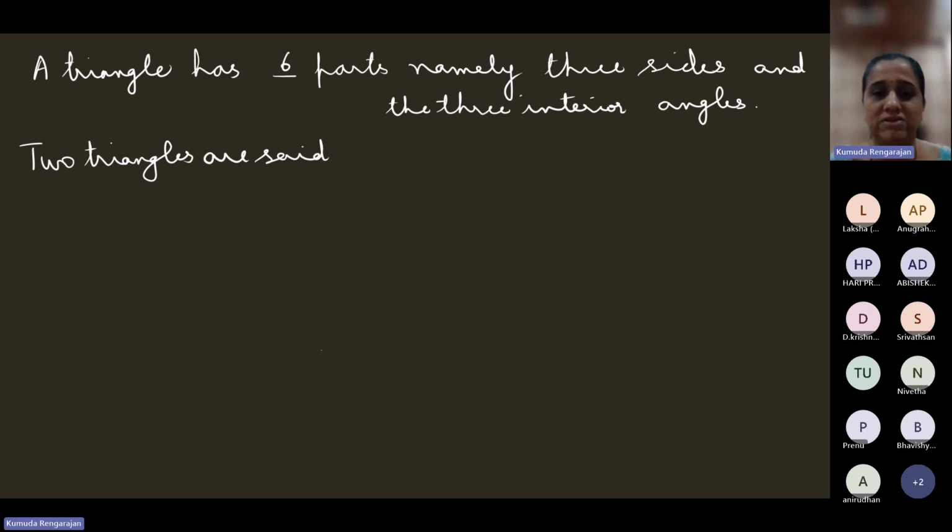If these 6 parts of one triangle are equal to the 6 parts of the other triangle, then the two triangles are congruent. So congruence is simply being identical. One triangle looks exactly like the other one in every aspect. So two triangles are said to be congruent if